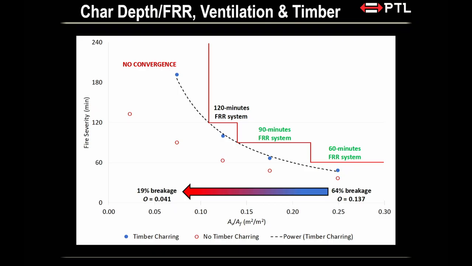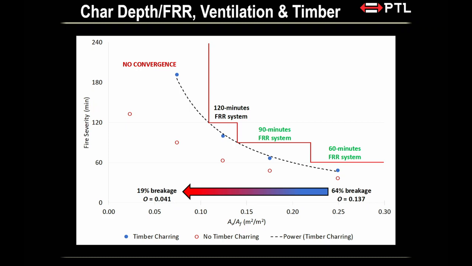Horizontal axis, don't worry about the number. This is all about ventilation. So what I've put here is a nice color graph to show you what I meant. All the way on the right-hand side, a lot of window is breaking. So when a lot of window is breaking, the gas is leaving. If the gas is leaving, there is less impact on your structural element.